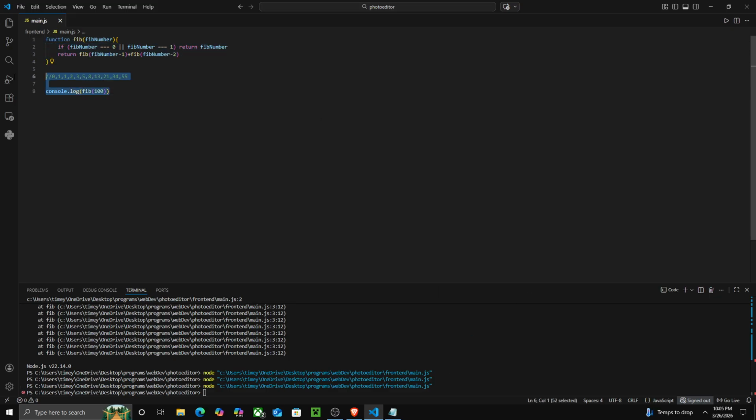Anyways. So yeah, that's what recursive functions are. It's just a function calling itself. You just need to be careful to have some guardrails or some stopping point, or else it's just gonna go forever. For example,